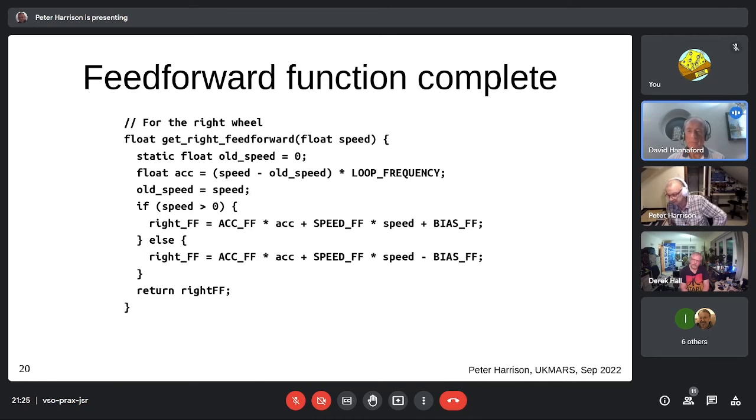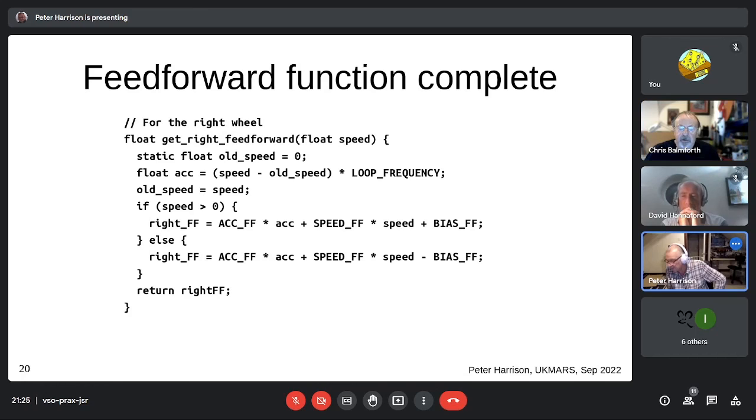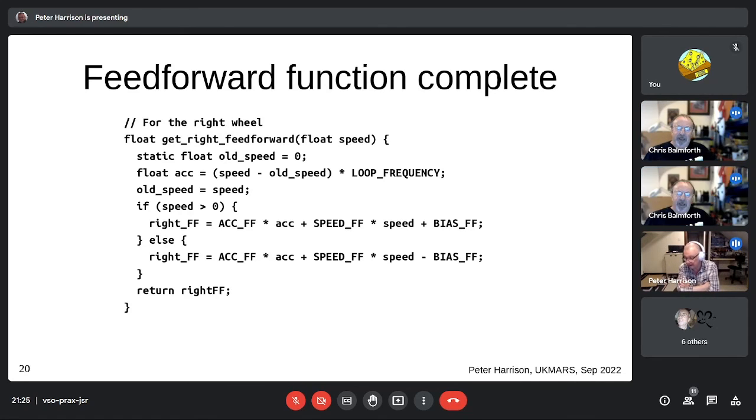Okay, thank you. One more question, Peter. Yeah. Do you think feed forward would be a useful addition to the control loop for steering a line follower? I've never tried it, but I don't see why not. I mean, it's the same kind of principle, but